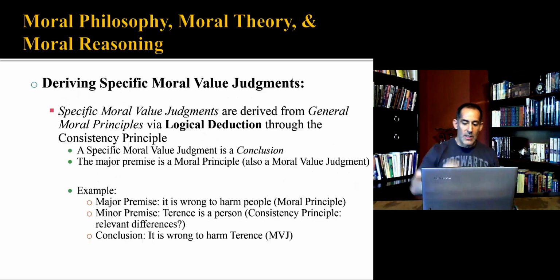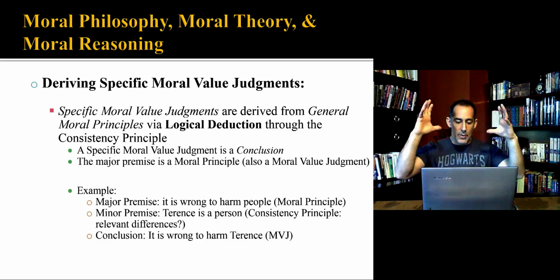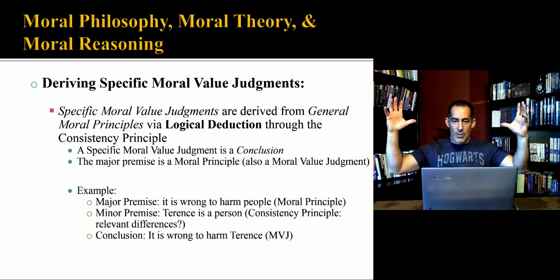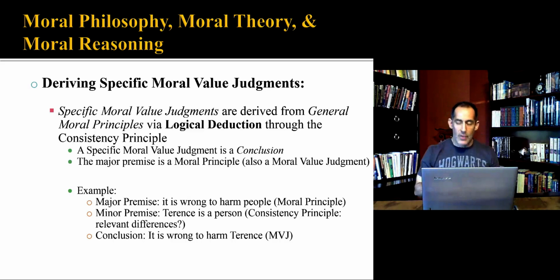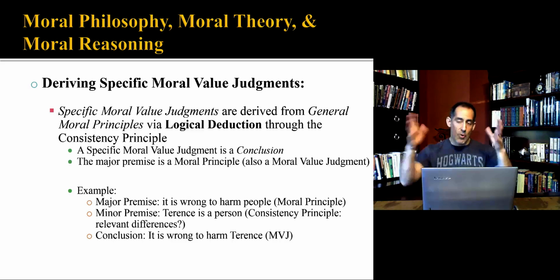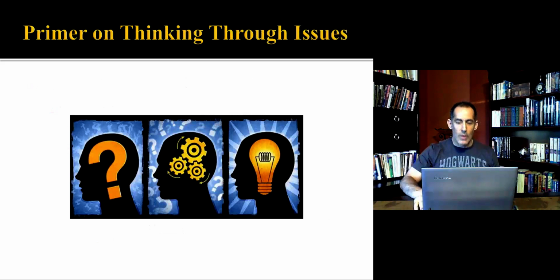Okay? One of those is something we start with and then we reason towards the other. So if you look at the argument here, we begin with our principles, general moral value judgments, and get to our specific moral value judgments through a reasoning process or through a deductive syllogism. So here's an example. It's wrong to harm people, moral principle. Number two is a factual statement. Terrence is a person. That's not a value judgment. That's simply a factual claim. And then my conclusion is, therefore, it's wrong to harm Terrence. That's the moral value judgment that I've arrived at the right way through my principle and through my facts, and that's how we're going to reason.